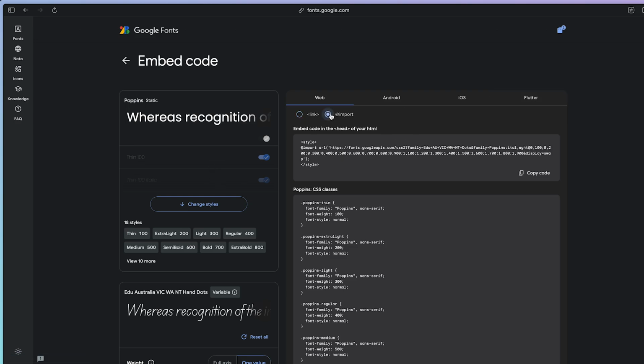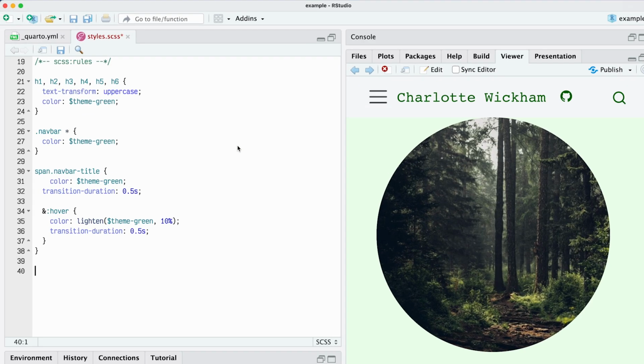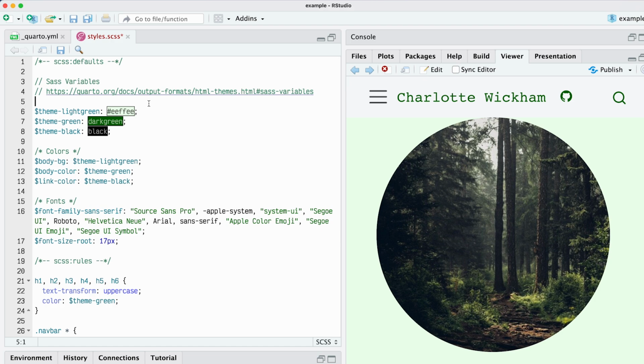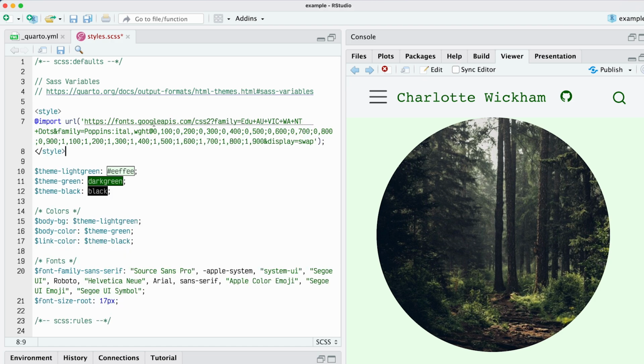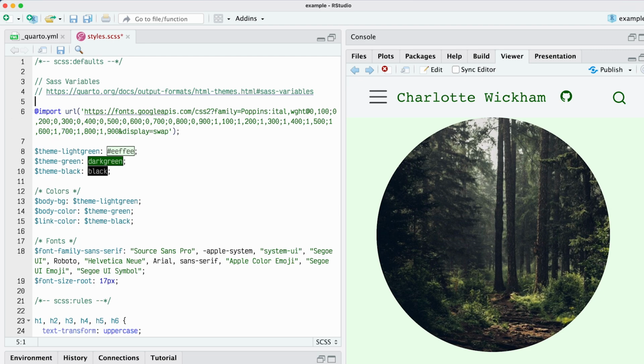And we press import and copy this in. So we go back to the very top, and I accidentally had another thing, so we just take whatever it says and put it here at the top.